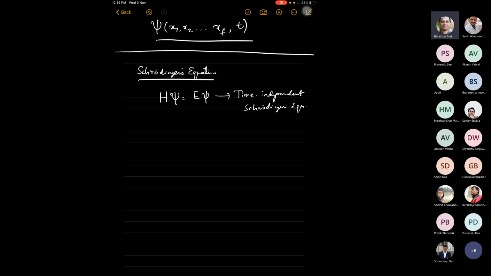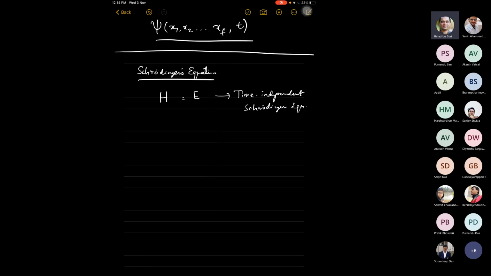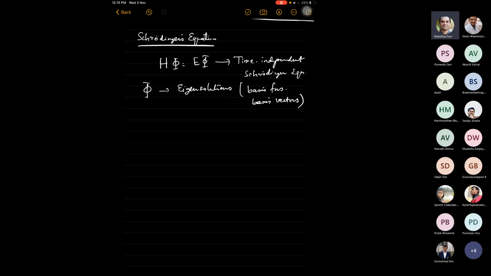And the solutions of this equation, or let me use more consistent notation from what I have been using so far, H phi equal to E phi, where phi are what we call the eigen solutions, or basis functions or basis vectors, etc. Then we have the general time dependent Schrodinger equation, which